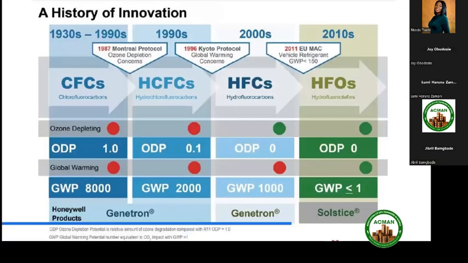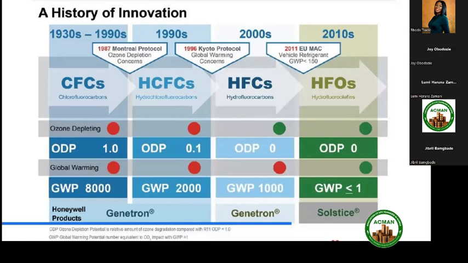As you can see in our diagram, from 1930 to 1990 the CFCs were used, but they have been depleted and are no longer in use. Most people now, to replace the CFCs, use the HCFCs, the hydrochlorofluorocarbons, which also have their own ozone depleting properties. They are also being phased out of the industries, and are in a transitional phase. They are no longer used in new equipment, although some people still have old equipment that has it.